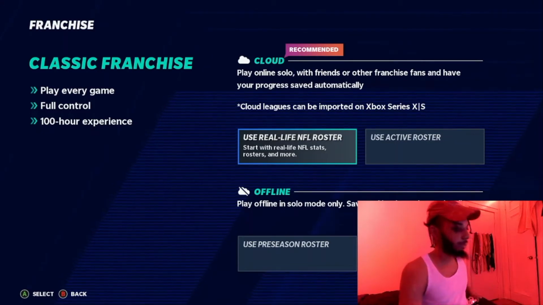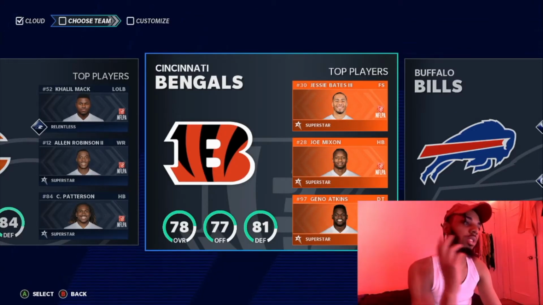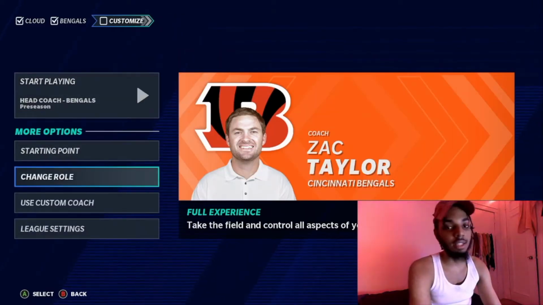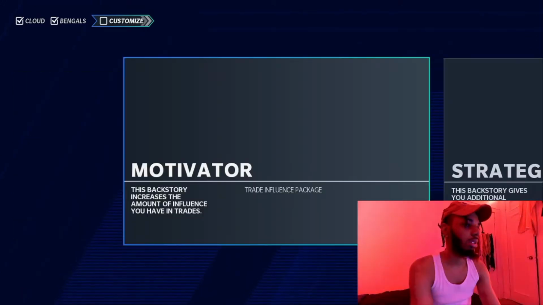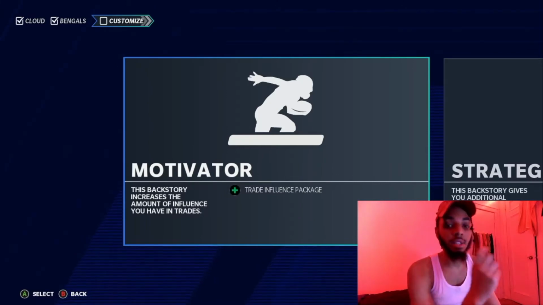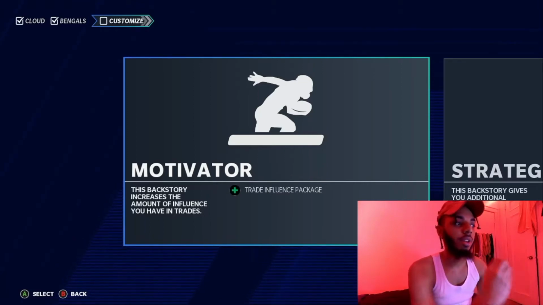So let's go. We're gonna use the active roster. Like I already said, we have to update our rosters, and we're gonna be using the Cincinnati Bengals. So forget Zac Taylor, yeah, we're changing. Using a custom coach. Now, whenever I do career modes as the coach, where I can control the whole team, I always love building through the draft. That's like my favorite part